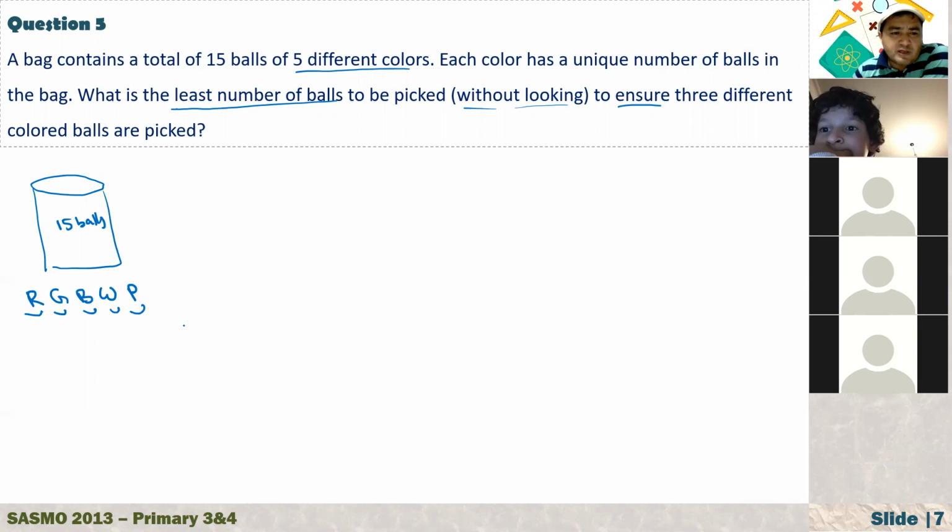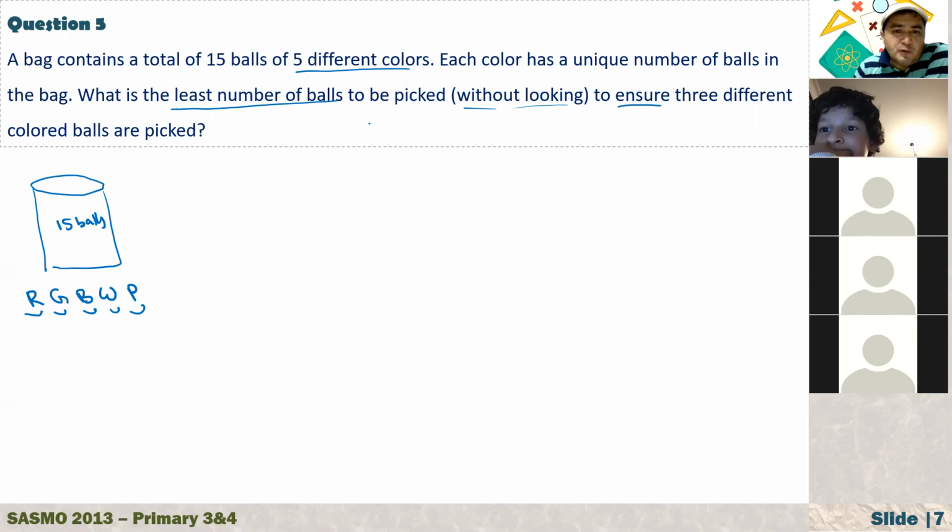Here, you just come to your room, and you see that there's a kind of bag inside, and your father told you, okay, Neil, here we have 15 balls, and we have 5 different colors. Maybe in red we have 3, and green maybe 2, blue maybe 4. I don't know. Each color has a unique number means this. But here in the question, we should understand the question first. Otherwise, you cannot solve the problem.